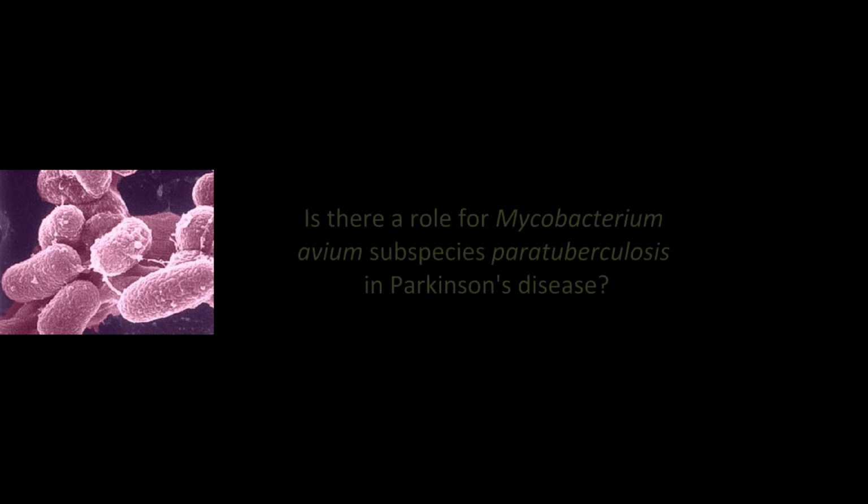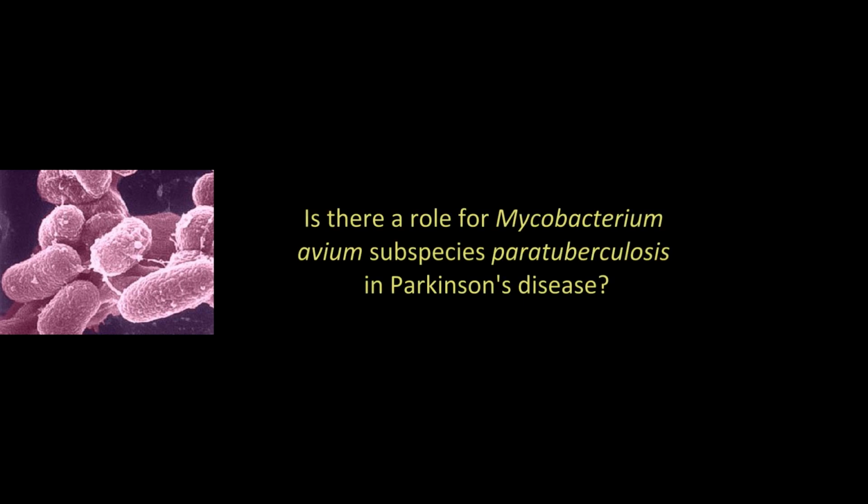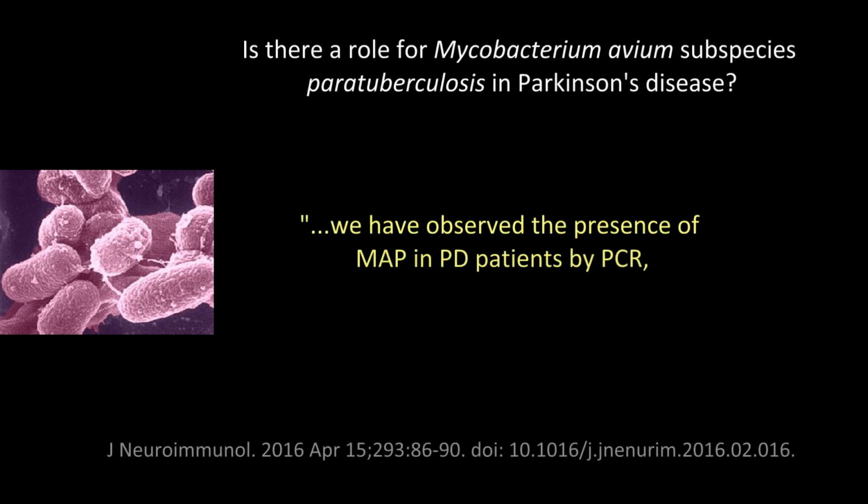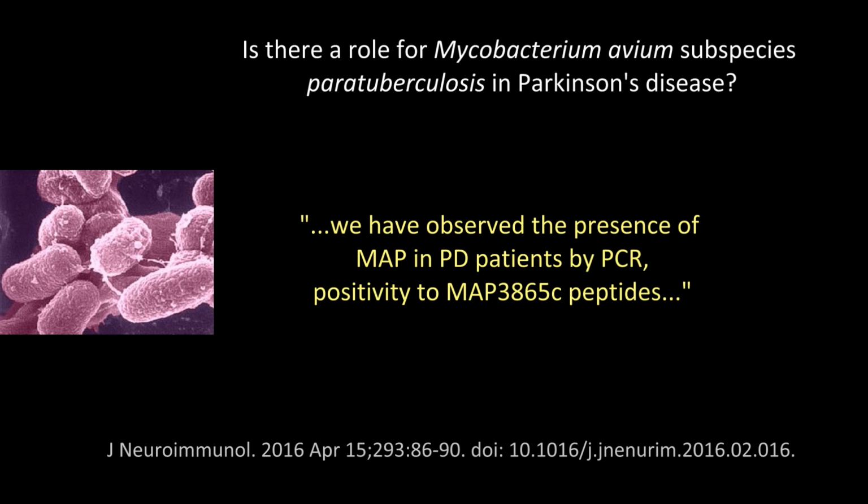Is there a role for Mycobacterium avium subspecies paratuberculosis in Parkinson's disease? We have observed the presence of MAP in Parkinson's disease patients by polymerase chain reaction, positivity to MAP3865C peptides,